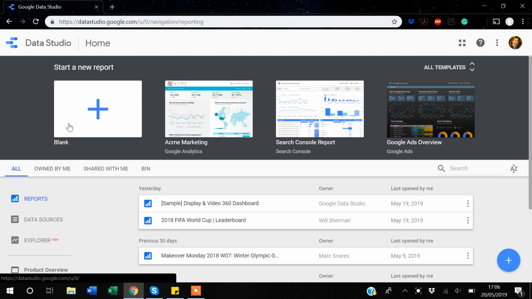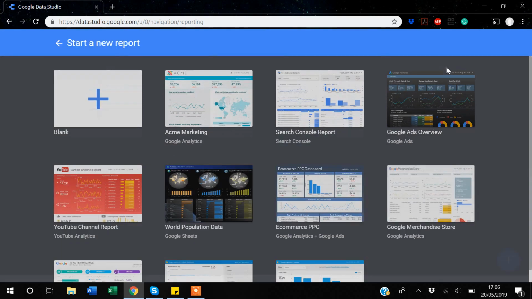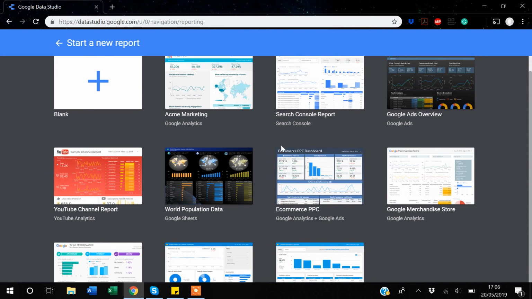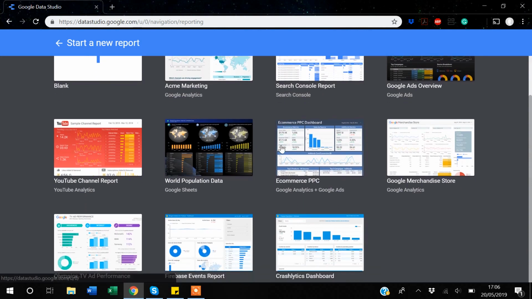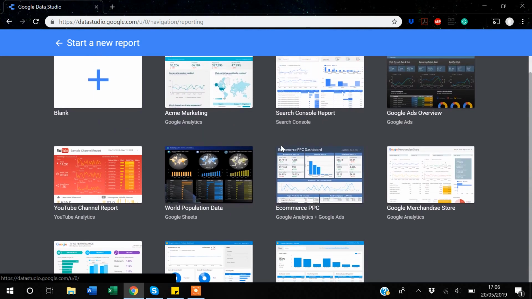Other than that, Google Data Studio also provides, if you are on your home page, you can see that there is an option, all templates. So if I click it, Google Data Studio has about 9 templates which you can use for your reporting. The good thing about